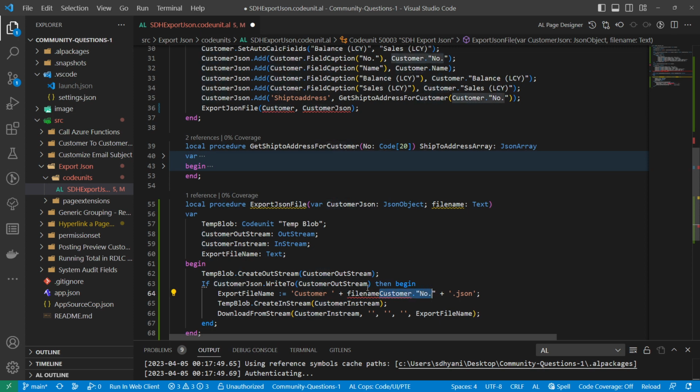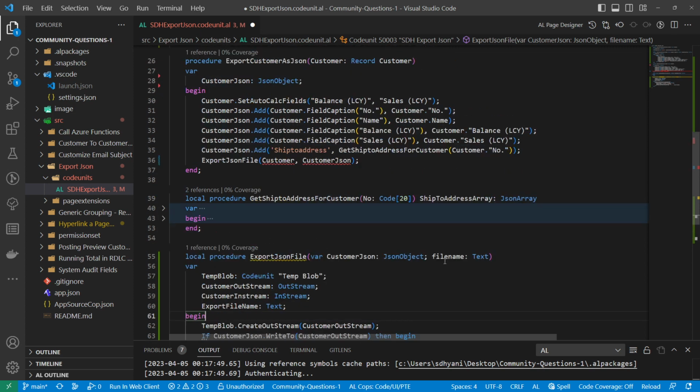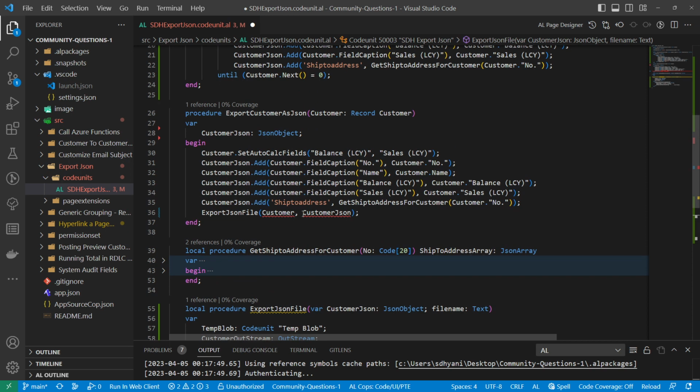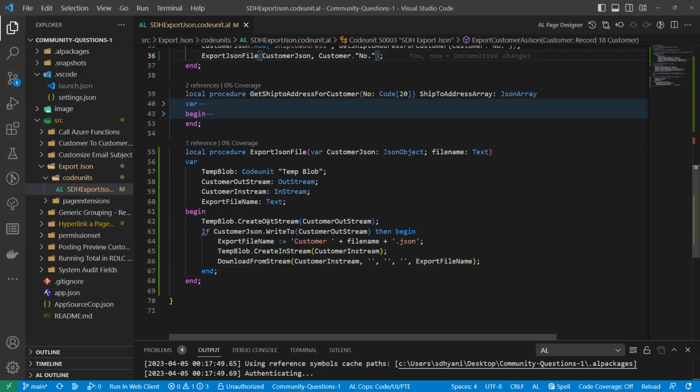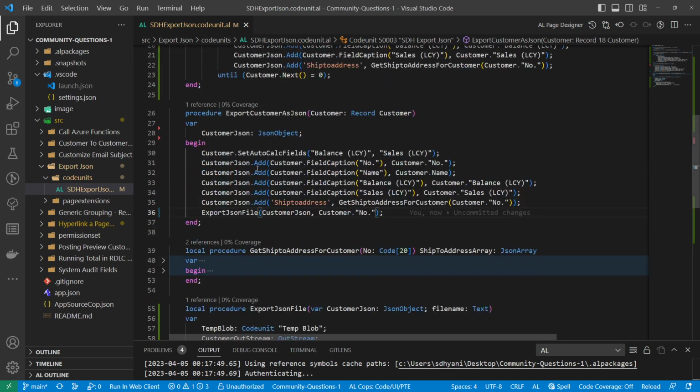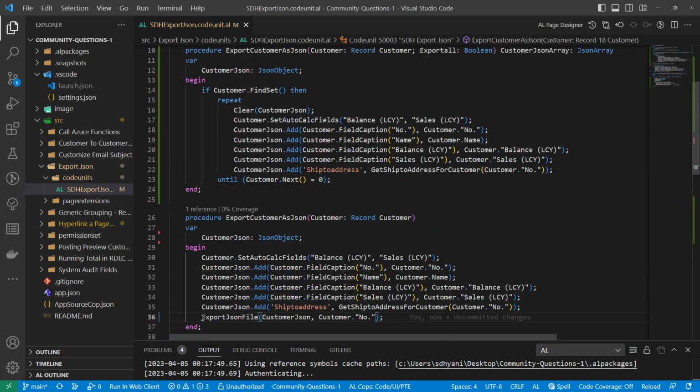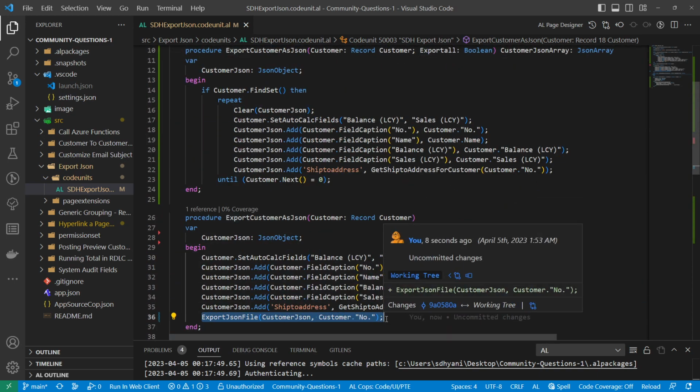Okay, and then the file name, in case of when you're exporting a single customer, will be passed as customer.number. That fixes that. And this function can then be utilized in my other area, which is here,